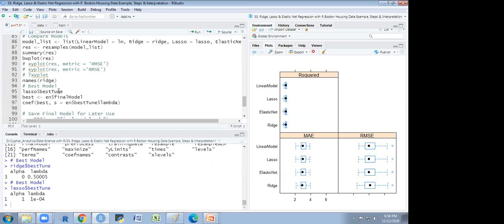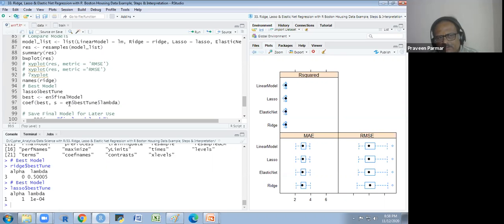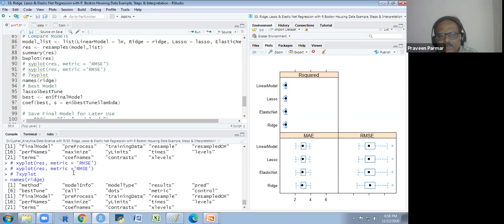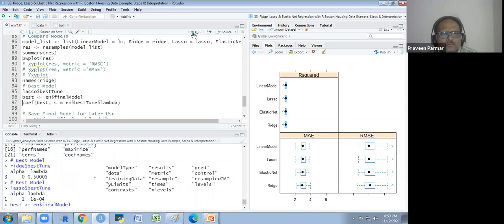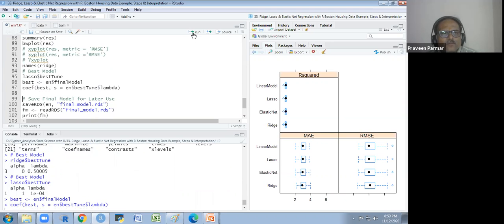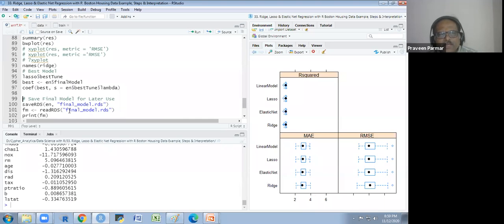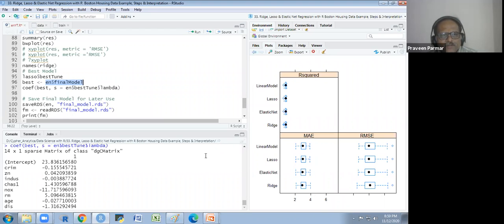So how do you compare? We have to compare the RMSE. We will compare with the RMSE model comparison. And the best I will show you. This is the best and the coefficients of the best. When we have selected the best final model, EN dollar final model, you could see the coefficients.